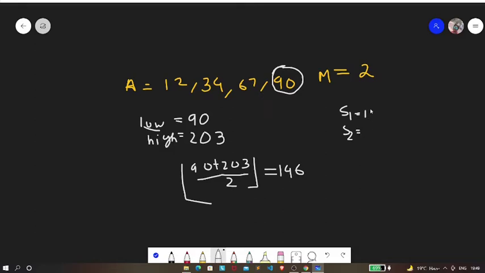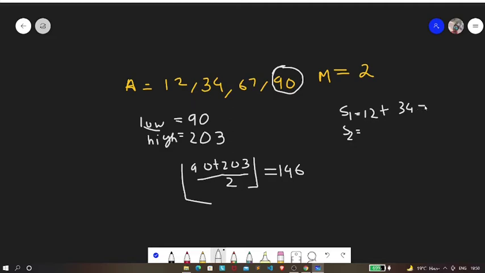So let's say that we give this one 12. Now it's 12, right? So 12 is less than 146, so there's no issue. So let's just add 34 to it. Now 12 plus 34 is nothing but 46, right? So hence it is also less than 146, no issue.